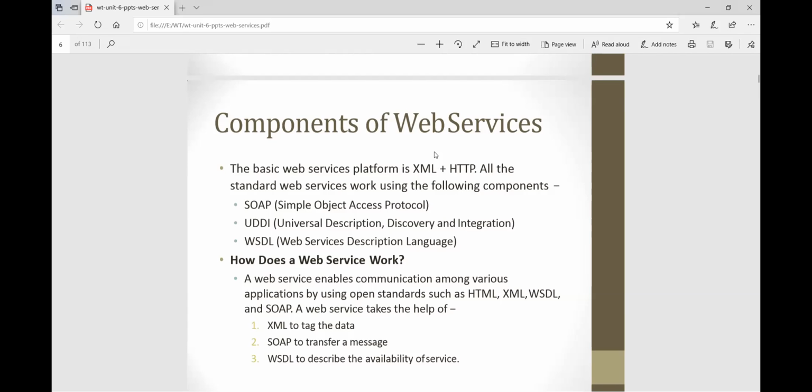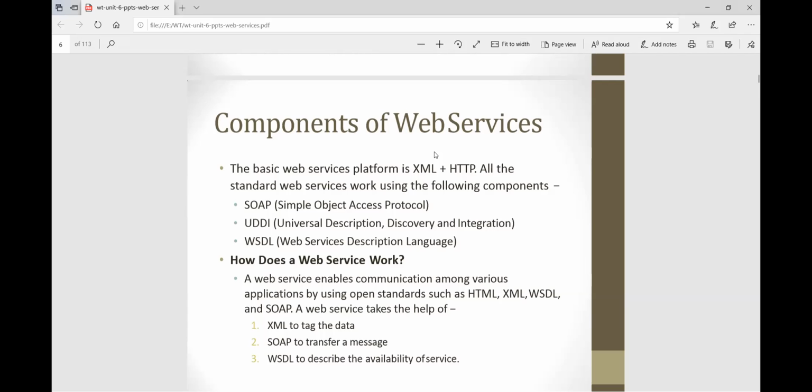First is SOAP, which stands for Simple Object Access Protocol. Then UDDI, Universal Description, Discovery and Integration. One by one we will see the details of these. The third is WSDL, the Web Services Description Language. These are the main components of web services.